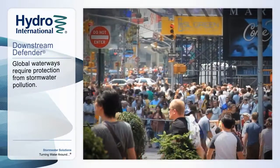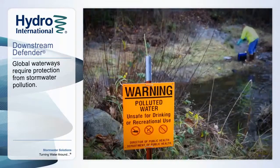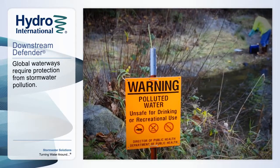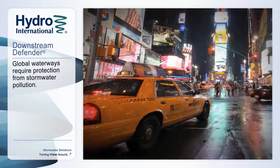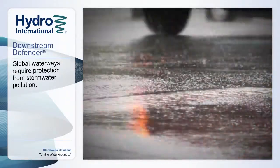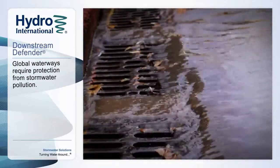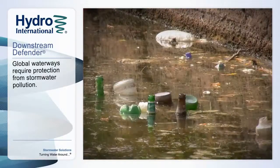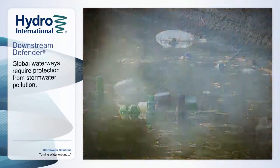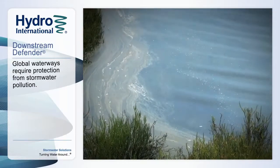With continued global population growth and expansion of urban development, many waterways are polluted and can no longer meet basic uses such as fishing and swimming. A significant source of this pollution is contaminated sediments, trash, debris, and oils that are washed off from roads and parking lots during rainfall events. Removing these pollutants to prevent them from entering valuable downstream systems is essential to revitalizing impaired water bodies and sustaining